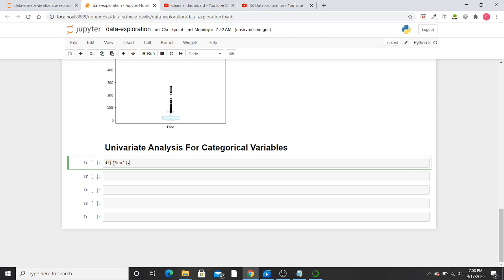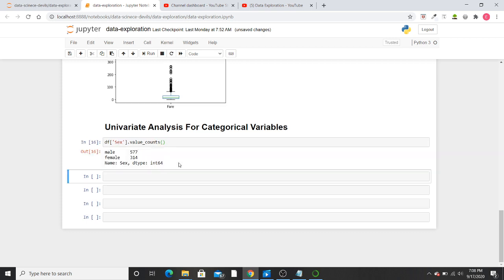Now here we need the count for each gender, so we'll use the value_counts function, and then you can either click run or press shift enter. I'm comfortable with shift enter. So 577 males and 314 females were present.